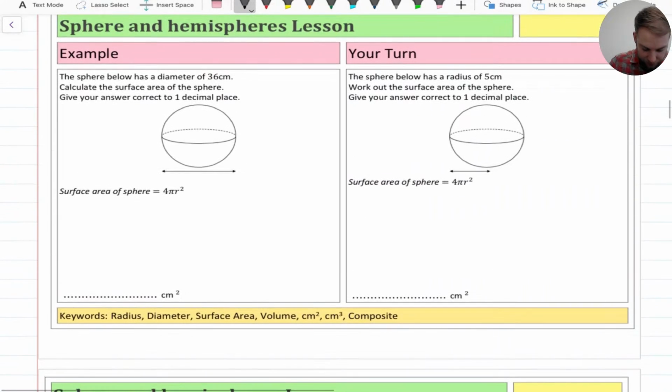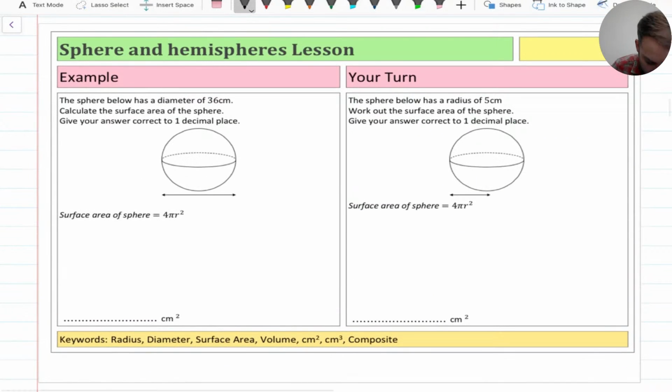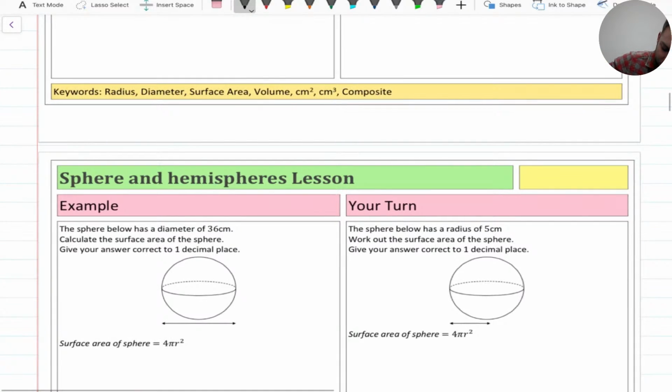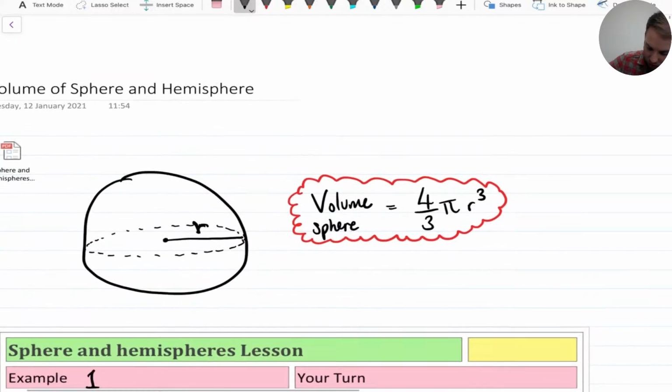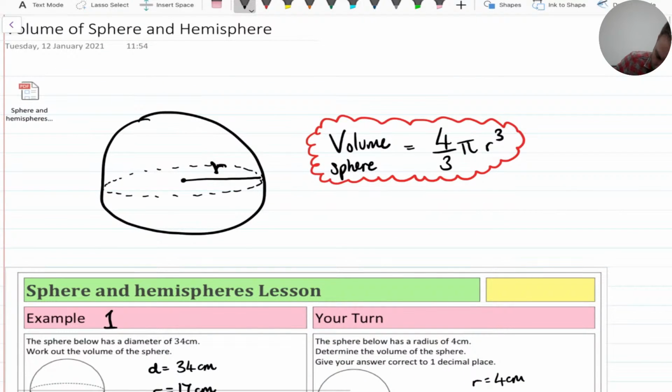So we're going to look now at the surface area of a sphere. Now, the surface area doesn't mean the space inside of this, it means the space all the way around the outside of this, and it's probably worth putting this back at the start as well. So at the start of here, I've got my surface area,